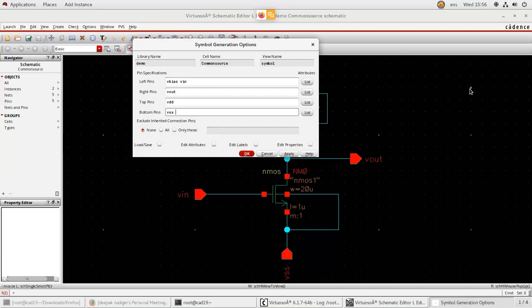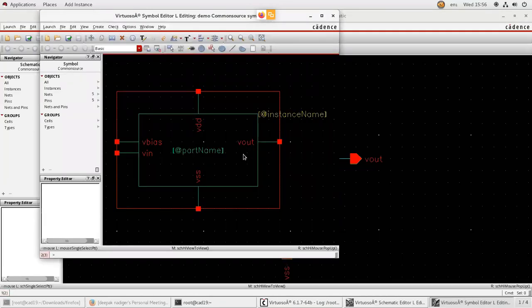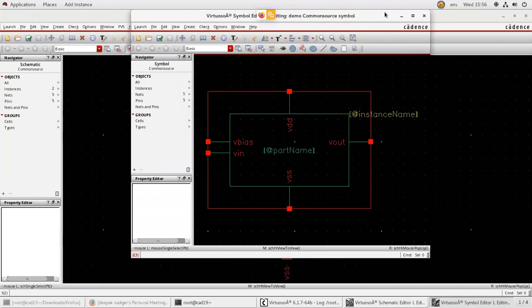After this, press OK. So you will get a symbol like this. You check and save the symbol.